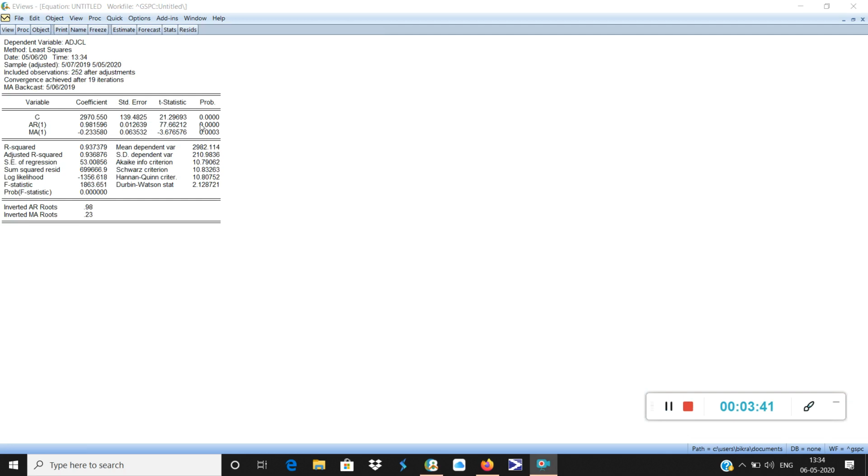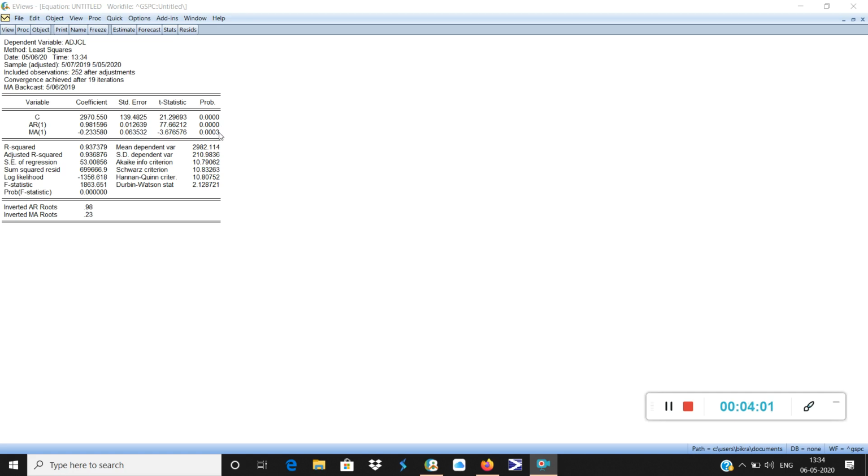Just follow what I am doing. This is probability, and AR1 has a probability of 0. So P of 0 means significance is 1 minus 0, which means 100%. And here also 0.0003, so almost 100%.